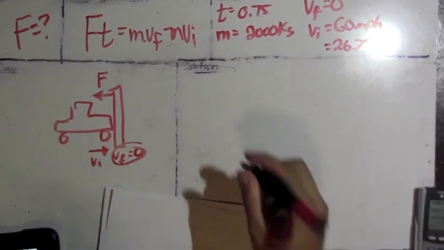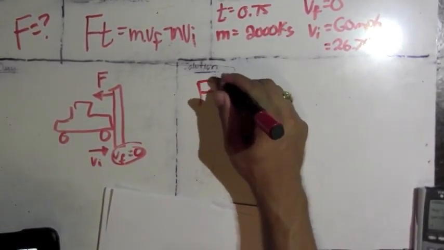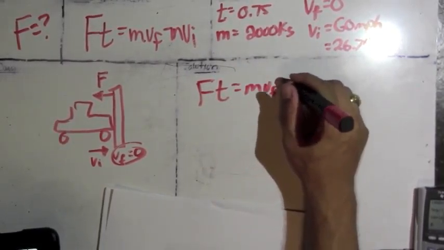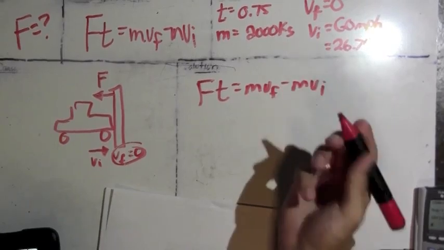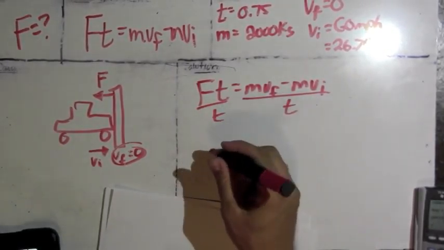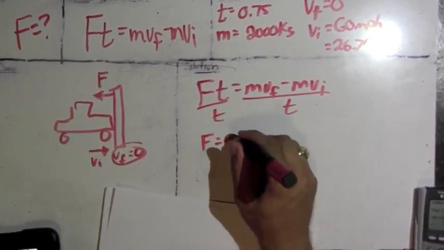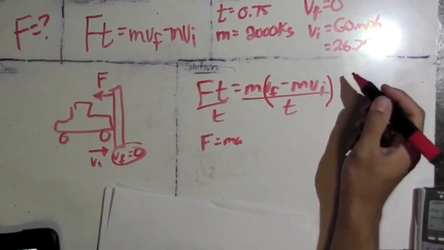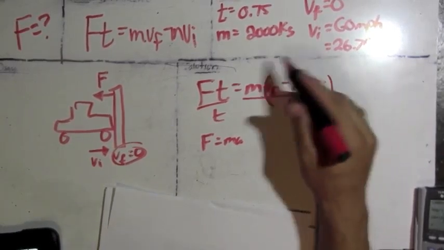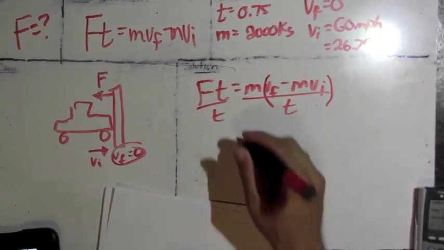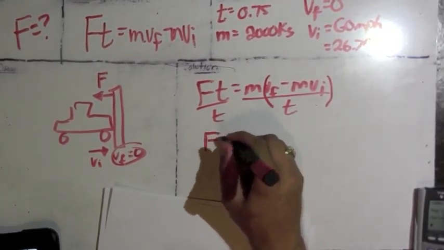All right, so now we've identified our givens. We can plug everything in. We can say, all right, Ft equals mvf minus mvi. Divide both sides by t, and basically what you have is F equals ma, because this right here represents a, with the mass, of course, being out there. But this is the form that I want it to be in, so I would say F equals